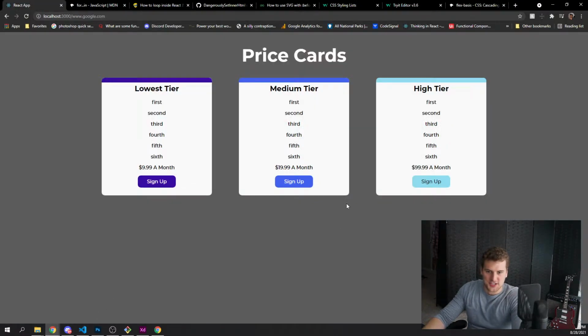Looks like we might be getting close to the end here because I'm not gonna do the mobile and tablet versions. If you want to do that on your own, that's a little extra challenge for you. I'm not gonna do the mobile or tablet version. If you want to check those out, or if you want to do those on your own, that's a little extra challenge for you.